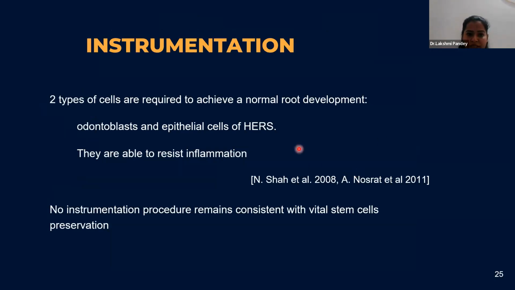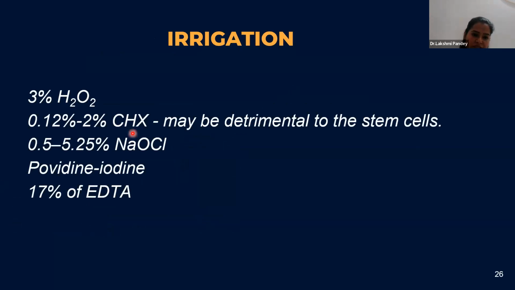Two types of cells are required to achieve normal root development: odontoblasts and epithelial cells. They are able to resist inflammation, and no instrumentation procedure remains consistent with vital stem cell preservation. So to preserve the cells, the instrumentation should be very mild. Then these are the various irrigants that are used. That is 3% hypochlorite,